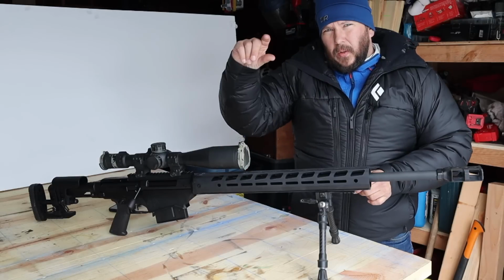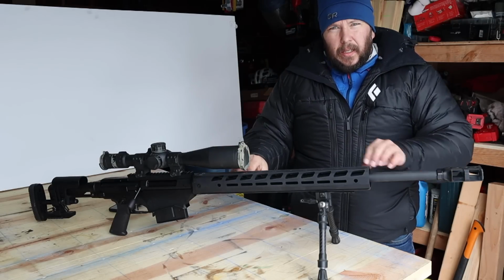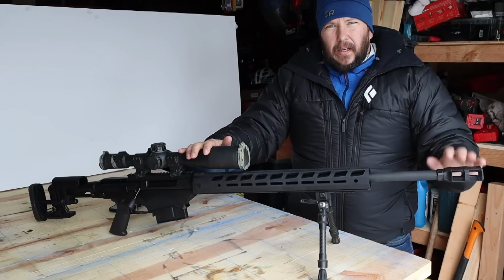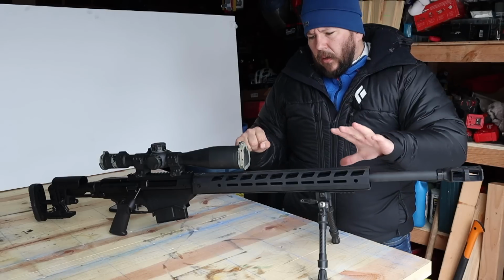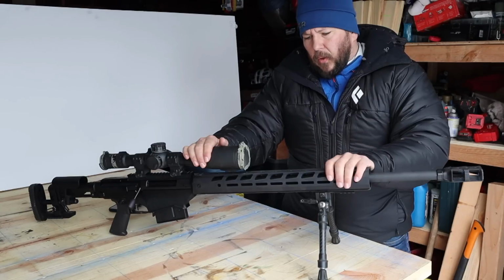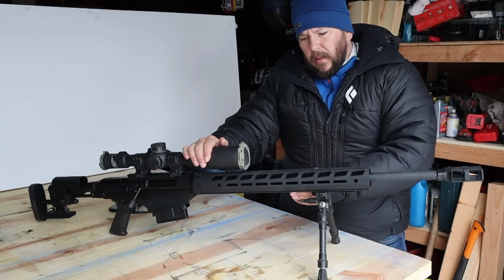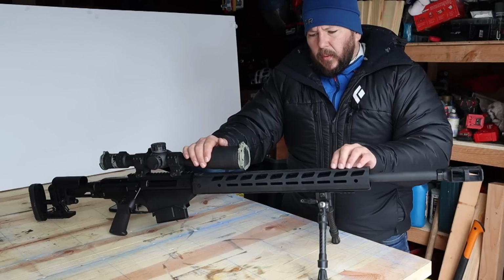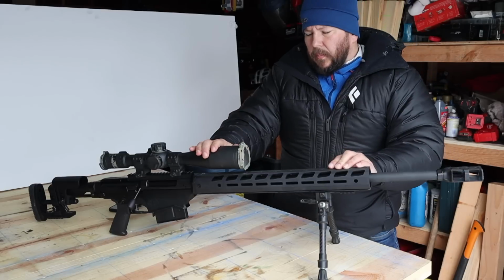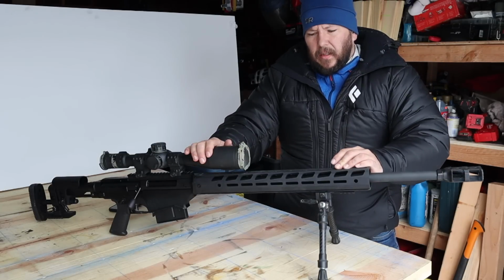It is a straight contour around the chamber, and then it tapers down quite quickly, and then it is a straight contour from there. It is unlike any other contour. You've got really solid, nice heavy duty forend on it. You've got M-lock slots so you can add rails to the sides, the bottoms, the top. And so if you want to run night vision or something on this, you could at the same time as running a scope. So if you're doing hog hunting or something like that, or predator eradication, I mean,